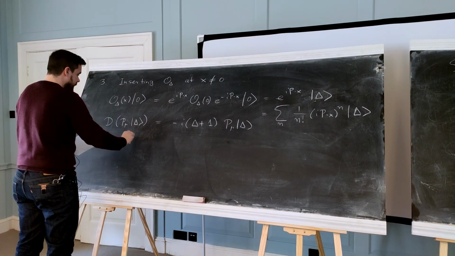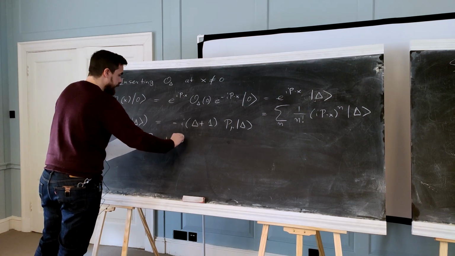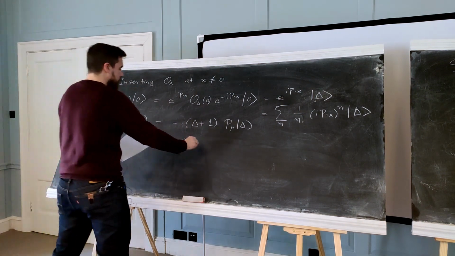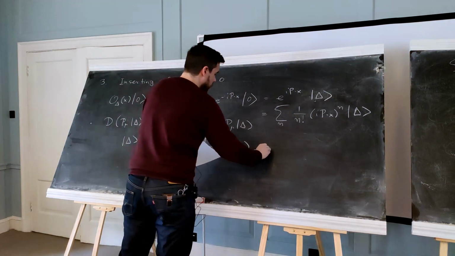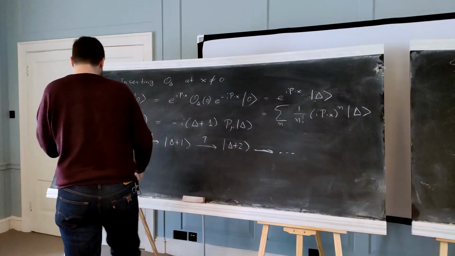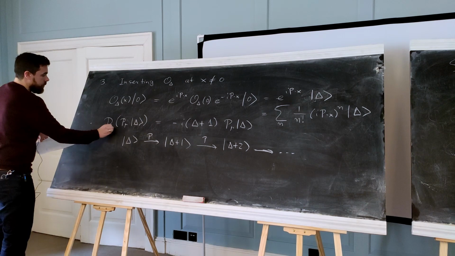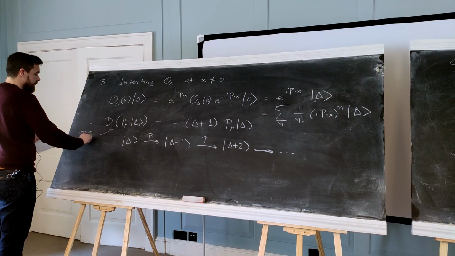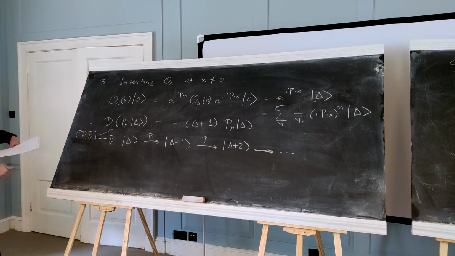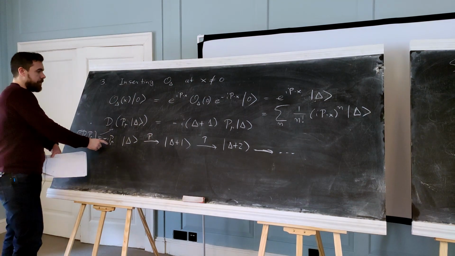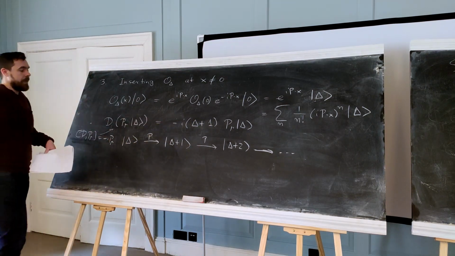So what we get is we include the states delta, and then acting with 1p, we get the state delta plus 1. From this equation over here, with another p, we get the state delta plus 2, and so on. Okay? And for this, in this commutator, we basically use the fact that D, P mu is minus i P mu. And this minus i P mu gave us this plus 1 over here, because of this minus i.